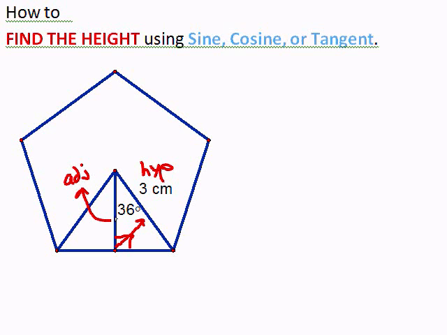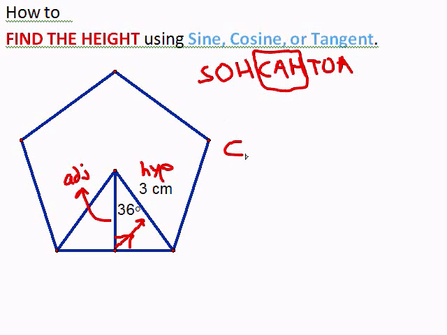So I'm looking for the adjacent and I have the hypotenuse. Which one, sine, cosine, or tangent uses adjacent and hypotenuse? If it's helpful, you can write the acronym SOHCAHTOA, and you'll notice A and H show up in cosine. So we're going to take cosine of our angle, 36 degrees,